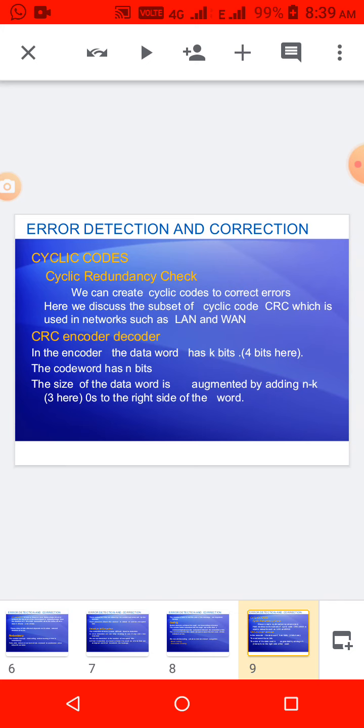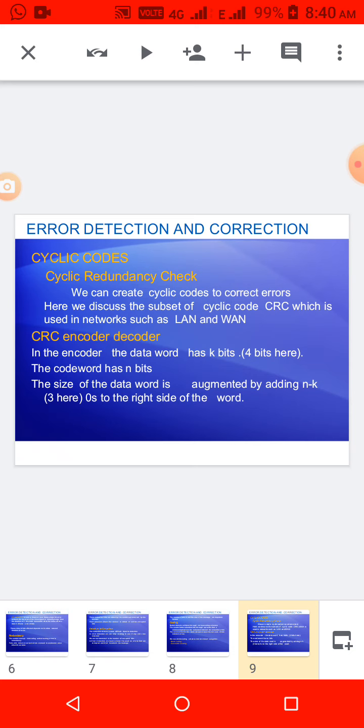Now we will see one by one the steps of how the CRC finds errors. Here, see the heading CRC encoder and decoder. The encoder sends its data with some additional bits, and it is accepted by the decoder, which finds out whether an error occurs or not. What type of data does the encoder send, and how is it created first? Okay, we will see now.